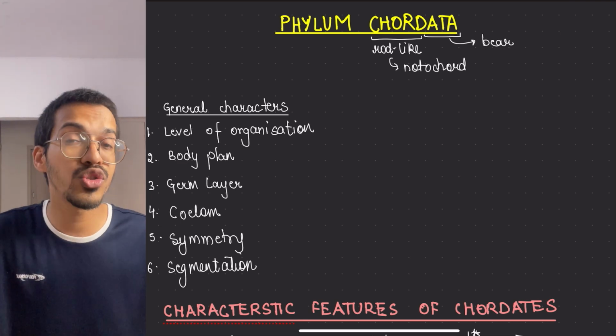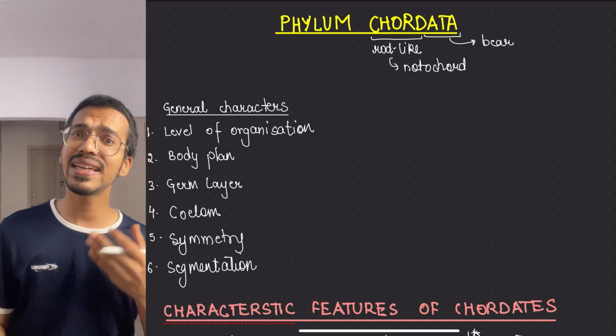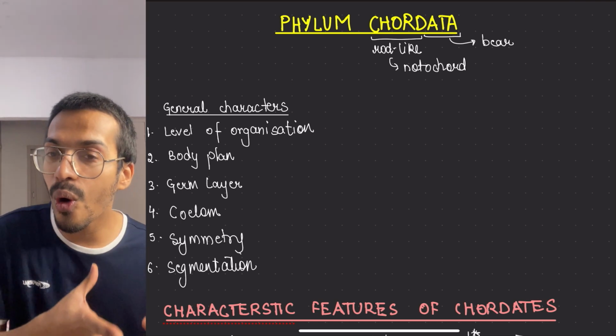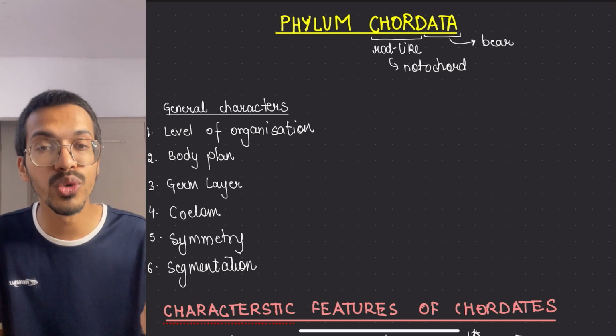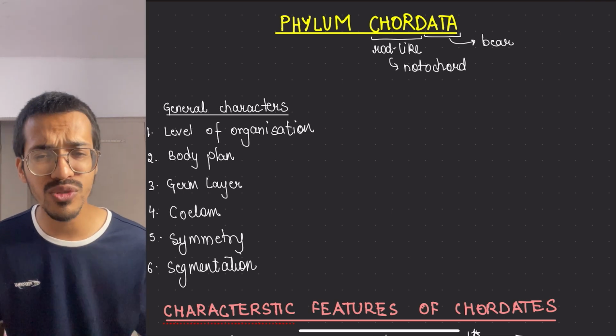Now we finally reach the 11th and the last phylum of the animal kingdom, and in this we call them what? Chordates, means it has what? Cord-like thing. Cord is what? It is a rod kind of a thing which is called as what? Notochord, which they have.